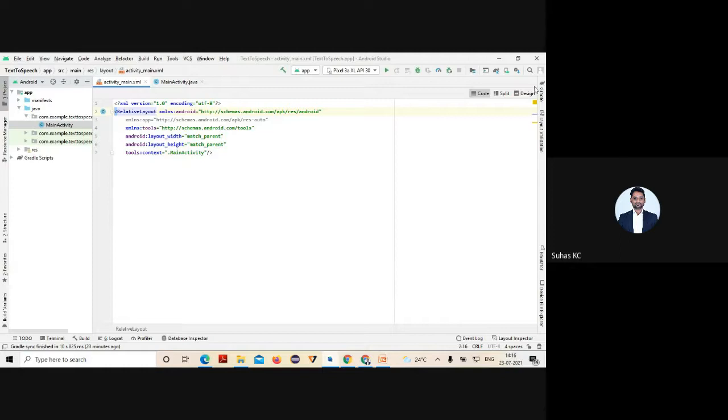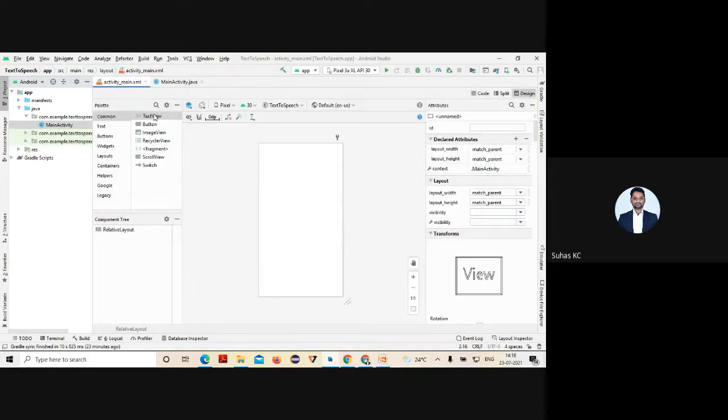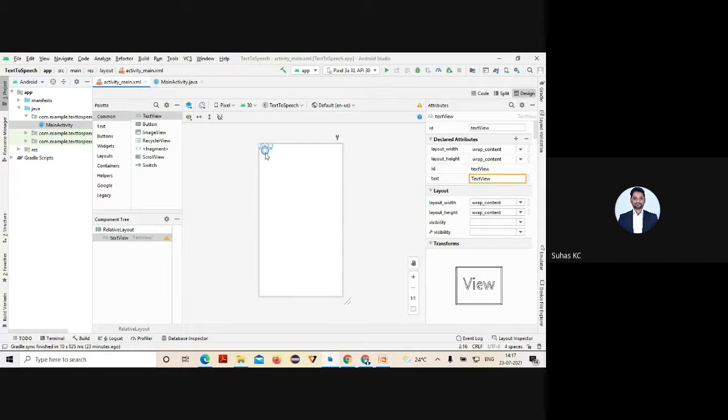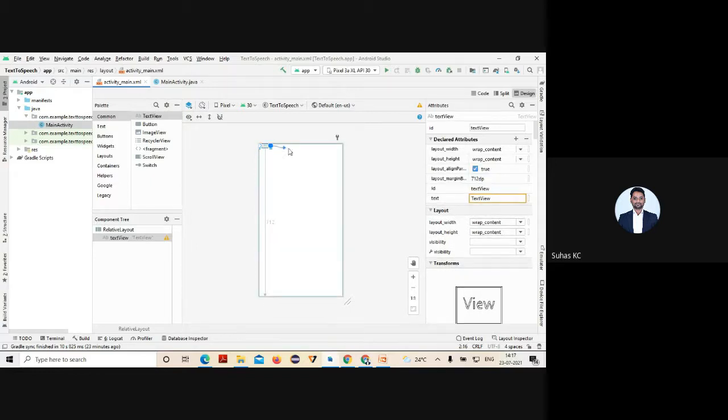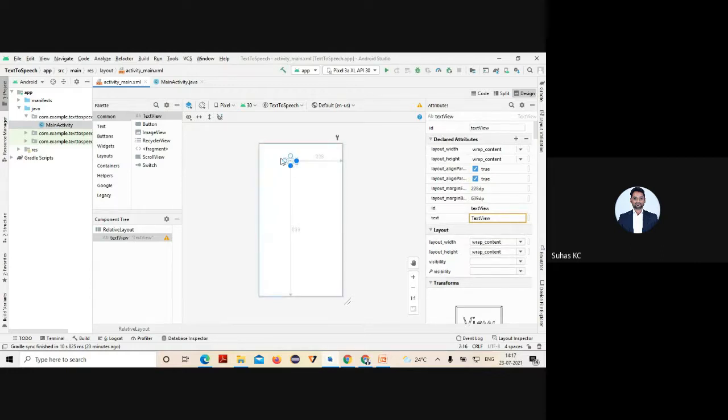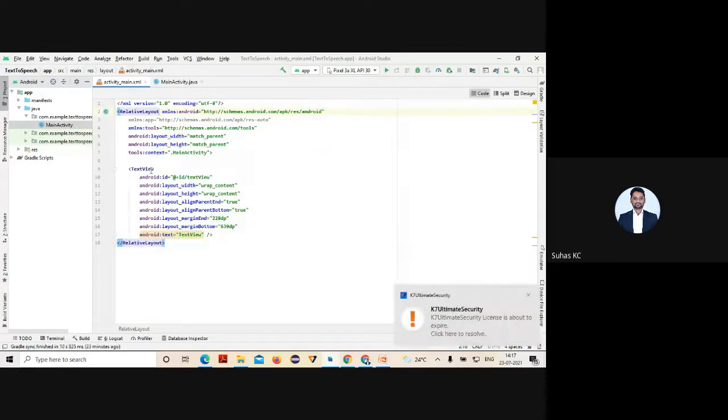And here I need one text view, just to say what the application does. Whenever you take relative layout, set your x-axis and y-axis so I can drag the component anywhere on the screen. So I go to the text view.